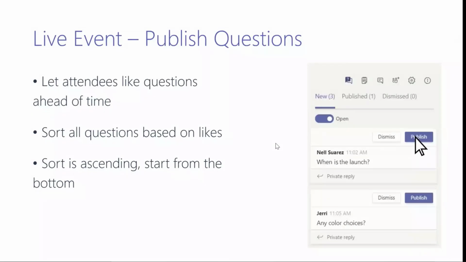At that point, all the attendees would see the question, and then they can like that question if they have a similar question or not. But that is something you should remember. Now, while asking a question, attendees would have the option to either ask that question anonymously or just as themselves. So that's an option as well while asking a question. And you would know that it's important in formal events.